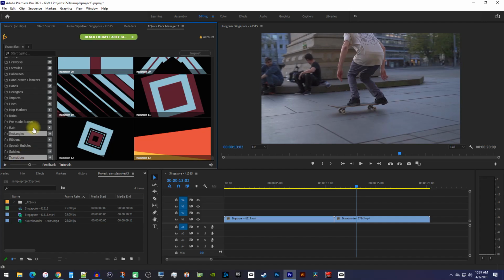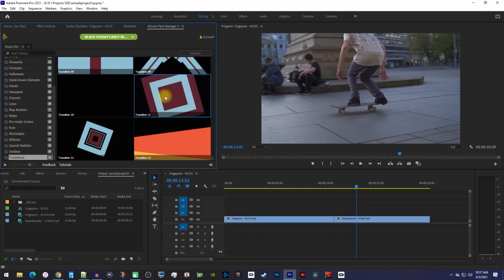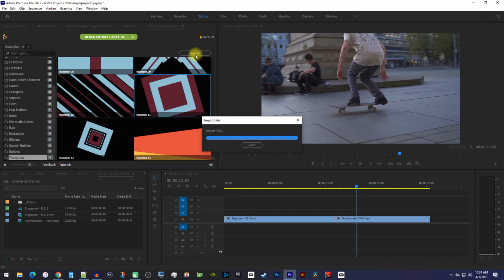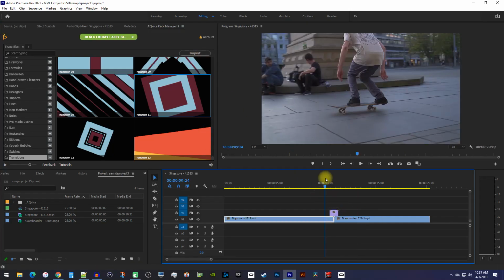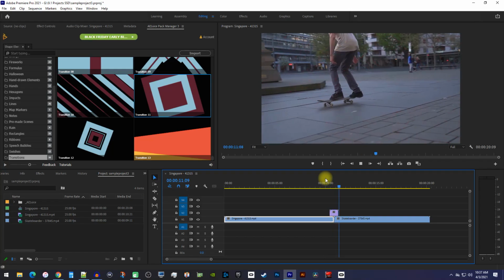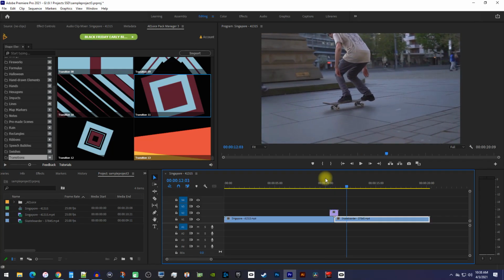Finally, let's not forget about all the transitions in the Shape Elements pack to add even more variety to your content. These are as easy as dragging and dropping them onto the cut above your two clips. I only showed a few of them here and throughout the video, but don't forget that there are hundreds of transitions between all these packs.